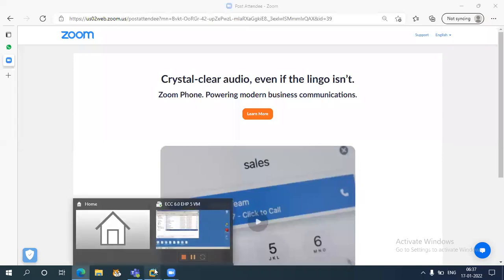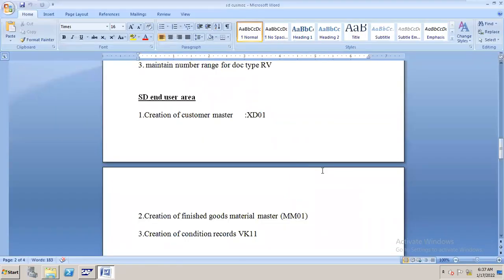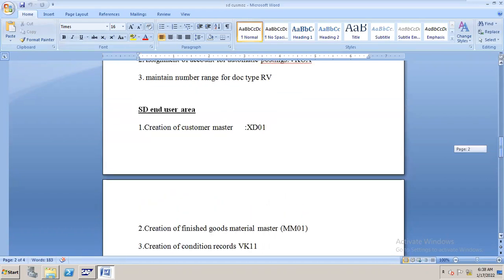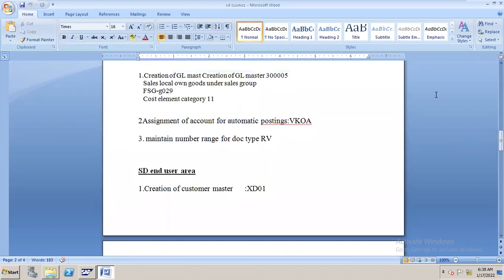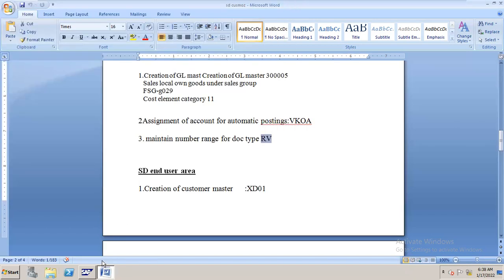So last class we started integration, right? And we did the configuration and we assigned a GL account. Up to date we did the accounts for automation, and then made a range for the document number. So where can we maintain the document number range,